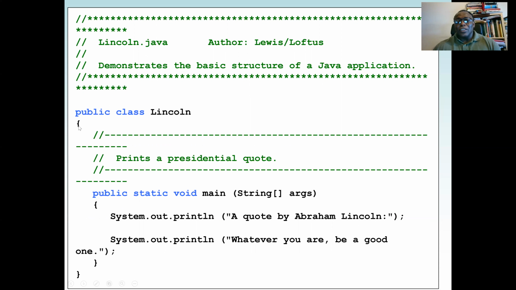We open a curly brace. That will be the starting block of the main class. And the last curly brace is our end. So I open it. Now, when I start with the main method, I also open a block, so I open a new curly brace. Then I have my statement. So my statement here, System.out.println, we use this to print the argument here, which is a quote by Abraham Lincoln,